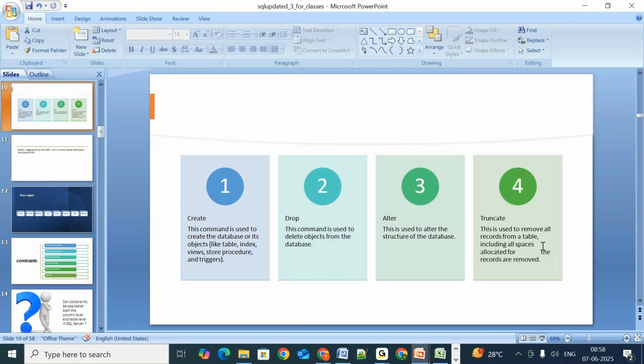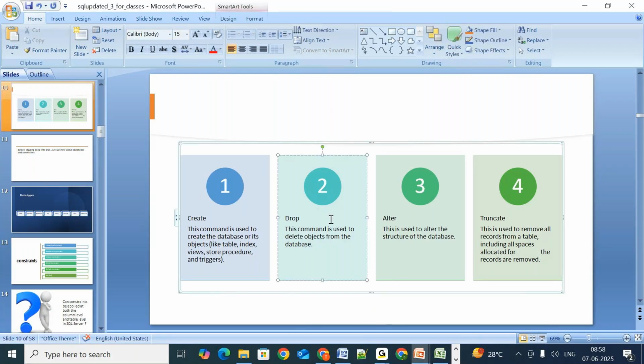So Bhavya, truncate and drop in the English dictionary have the same meaning, but here you have two different commands. Yes, I have. I will tell you how they are differentiated also. Okay,